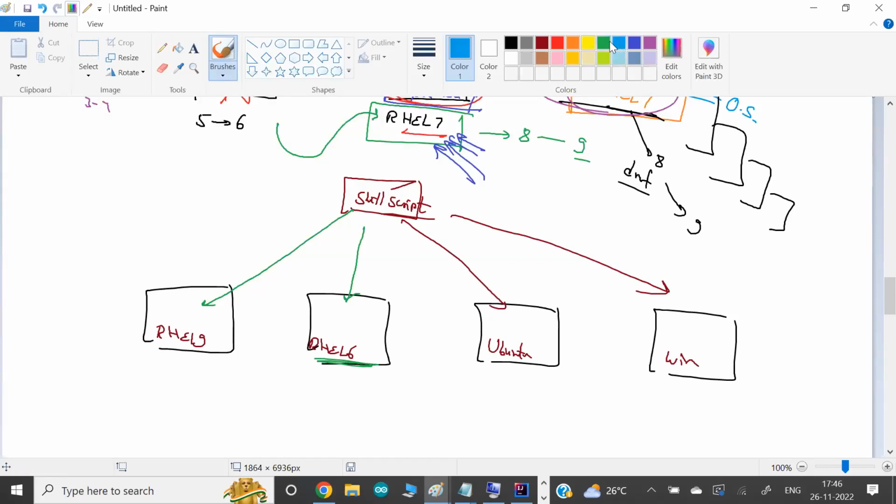Because in Red Hat version 9, to install software, we have the DNF command. In Red Hat version 6, if you want to install software, we have the yum command. In Ubuntu, they don't have the yum or DNF command, they have a different command like apt-get. My requirement is the same, the use case is the same: I want to install the software for a web server. The software name is the same. But to implement this requirement, almost every OS in the world has a different command. Even two versions of the same OS have different commands.